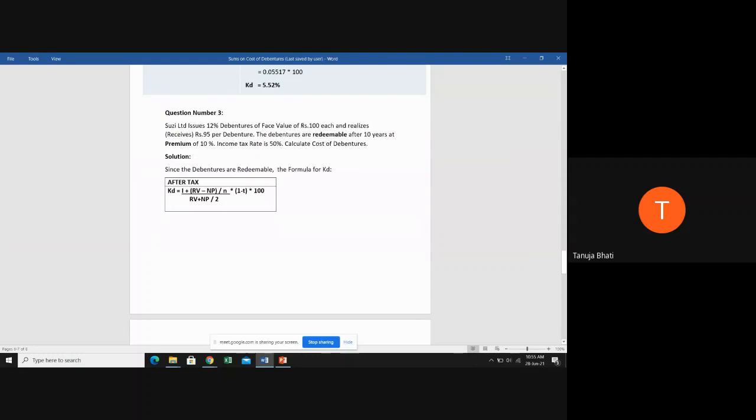So is RV clear to everyone? What is RV going to be? The face value plus 10%. Because it is repaying at a premium, the company at the end is going to pay 10% extra at the time of payment. See, students, repayment also can happen at par, premium, discount. If repayment is happening at par, it is giving the face value itself. If it is happening at premium, it is giving 10% more than the face value. If it is at discount, it is going to pay 10% less than the face value. Is this RV clear to everyone? Yes, ma'am. Okay. Now next, NP. Can anyone tell me what is NP?